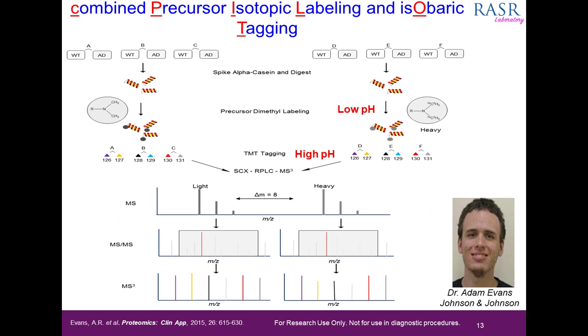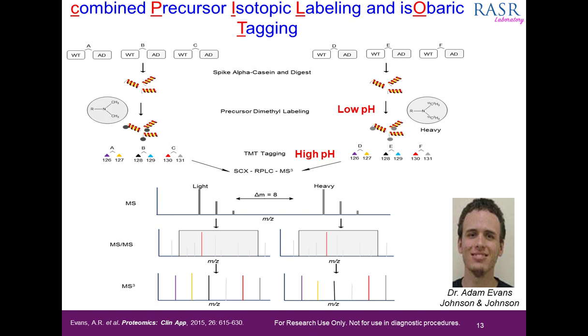We do the same thing with a different set of tissues and animals over here on the right. The only difference here is that when we do the dimethylation reaction, this dimethylation reaction consists of heavy isotopes. So there's 2 carbon-13 and 6 deuterium. We add that tag to the N-terminal amines, and then we're able to use the other half of a TMT reagent vial to do the lysine tagging. So we're able to save cost here, but also expand the amount of sample multiplexing that we get. All in all, we take 12 uniquely tagged samples, mix them together,